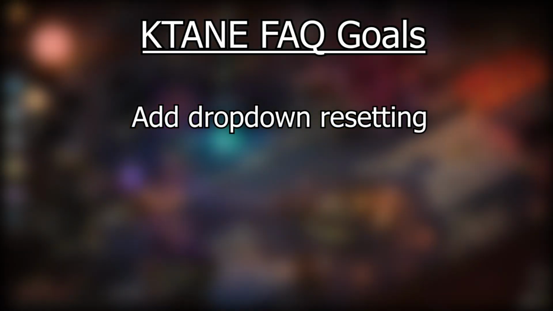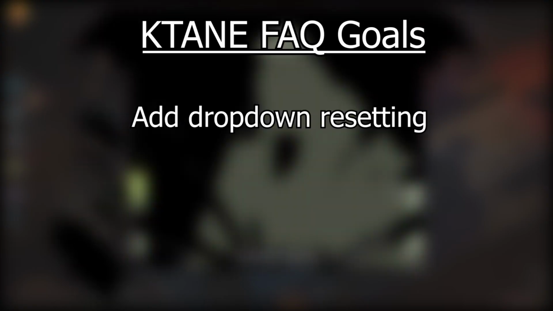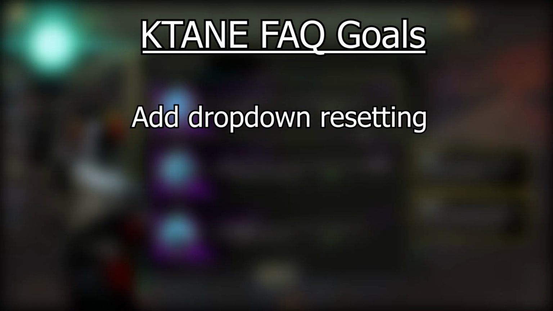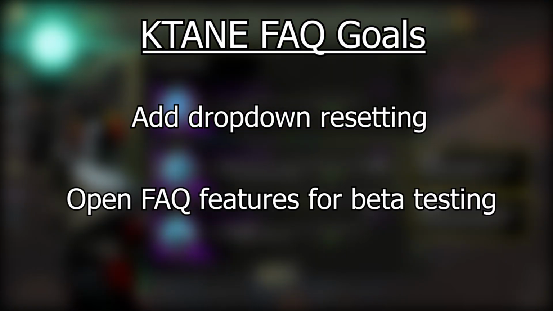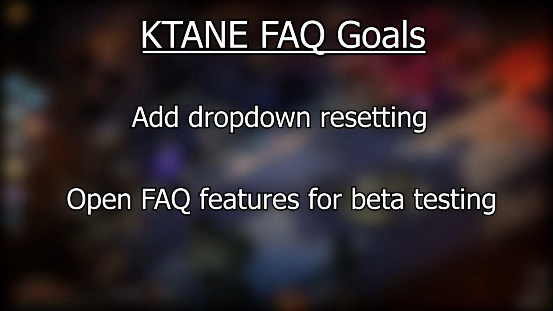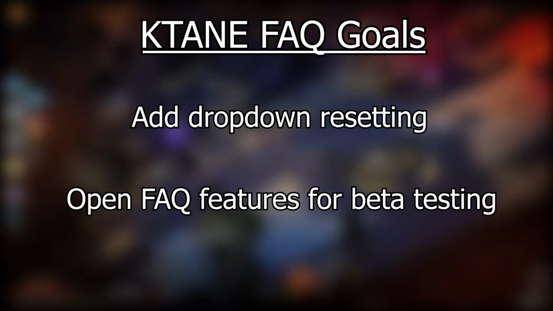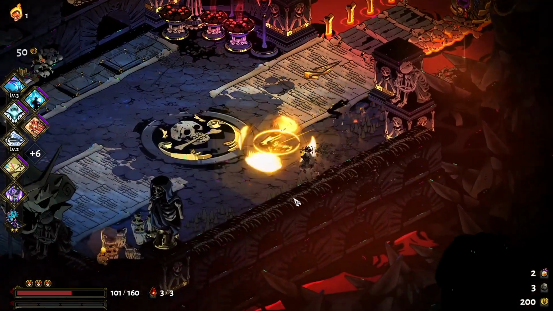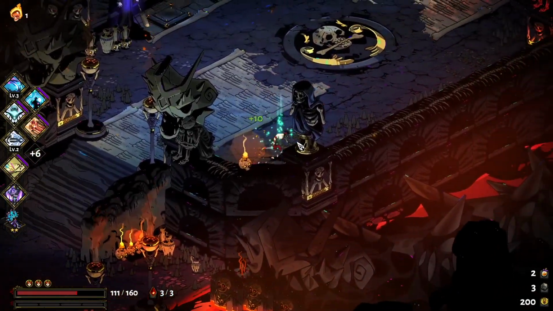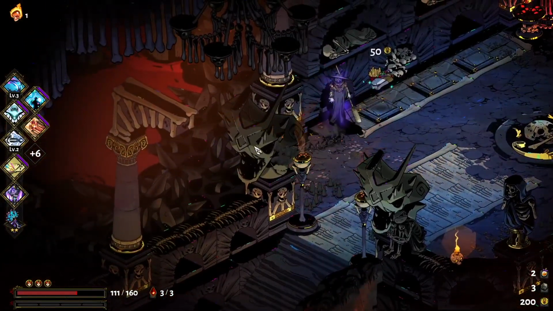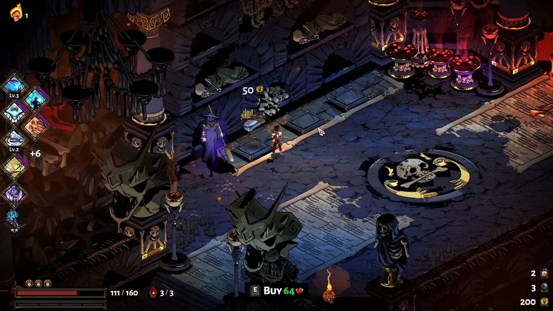For the KTANE bot, I want to fix the bug with the dropdown so it resets back to its default state. Then I want to contact Quirksky and the moderators of the server to see if I can open the bot for beta testing. I also want to not do anything related to LFA for the next month, in hopes that it will give me more time to finish my task.